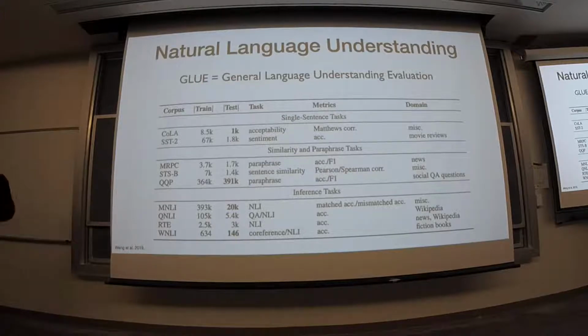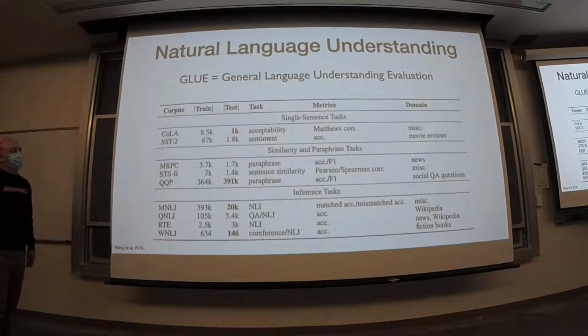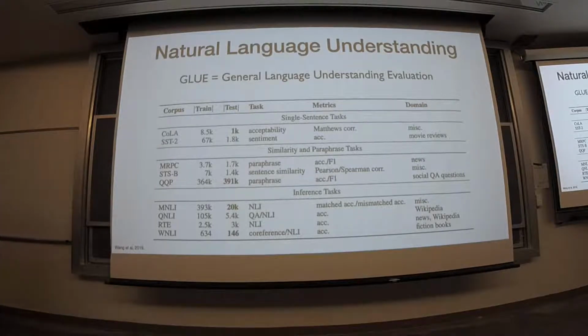But there's of course a whole bunch of other tasks that are important for language that you want your machine to be good at. So we've been talking about the BLEU score for a long time. There's a more general way of thinking about evaluating